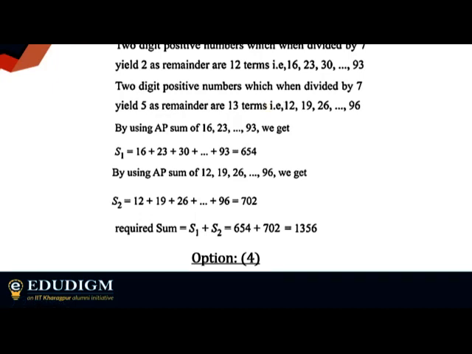There's one thing I want you people to understand. Sometimes when we take two different cases and add them up, for the numbers that we are adding, we normally subtract the common cases. Suppose I'm saying either a multiple of 3 or a multiple of 5. Whenever you add those two, you subtract the multiples of 15, because that is the common case. We're not subtracting anything here, because you can't get a number that will give both 2 and 5 as remainders when divided by 7.